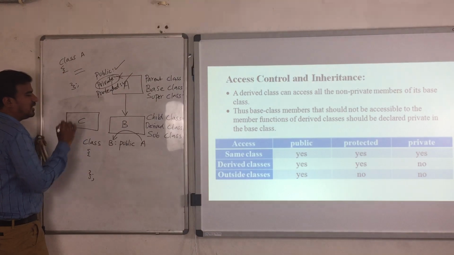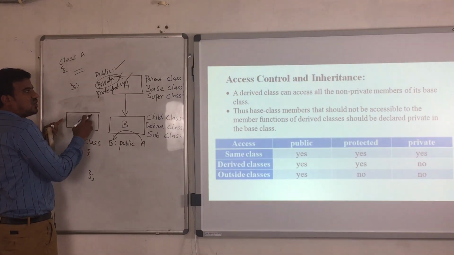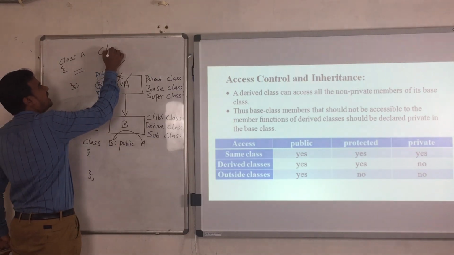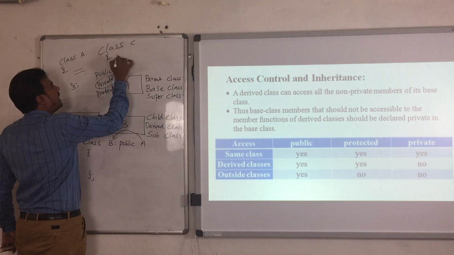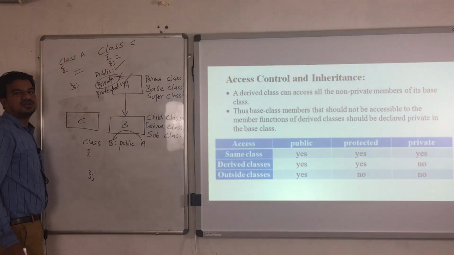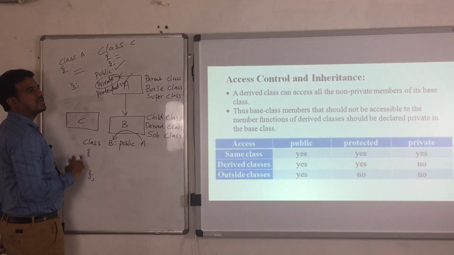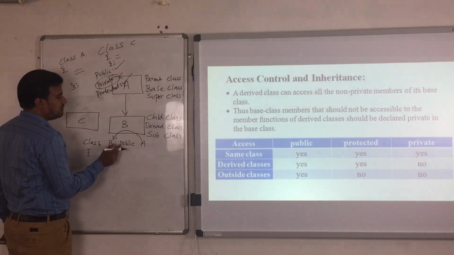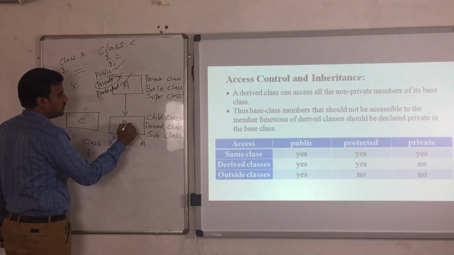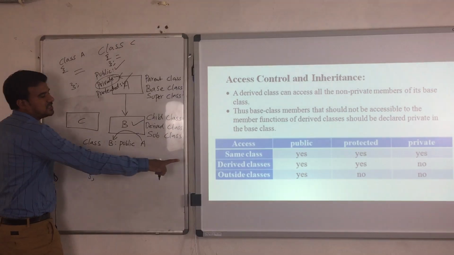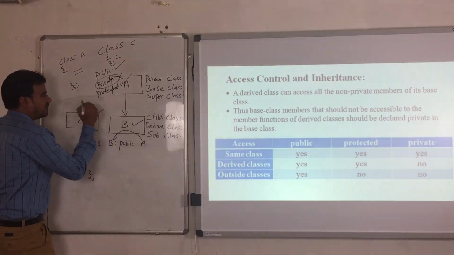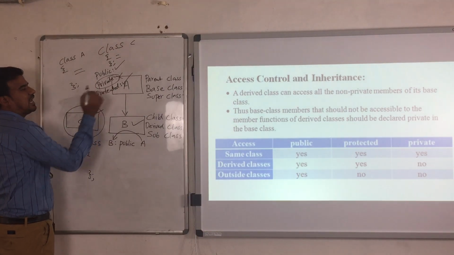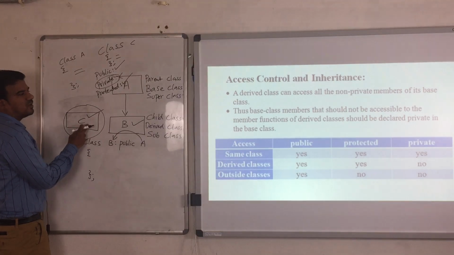So over here I am declaring C class. This C class is not related to this A class in any manner. So simply I am writing the definition of class C like this, class C followed by the code, and at the end semicolon. So this is C class. It is nowhere related to class A, but whereas this B class is related to class A, because we are inheriting B class from A class. So this we call as derived class. When I am saying outside classes, I am talking about this C, because this C is nowhere related to this A. So C is outside of the class.